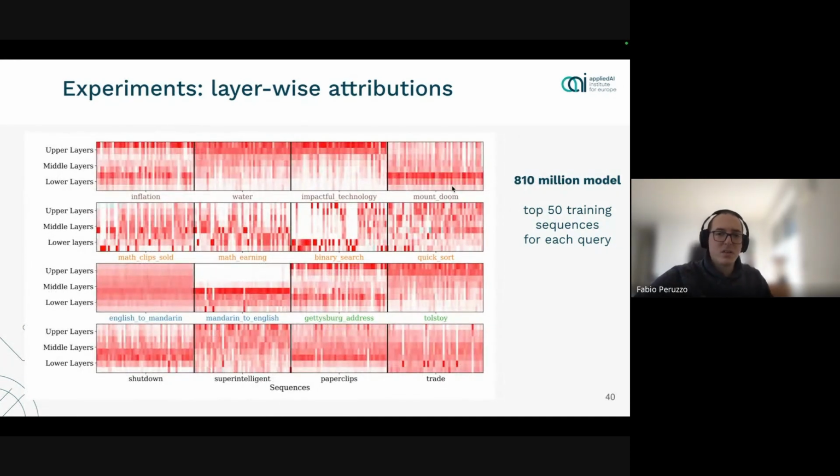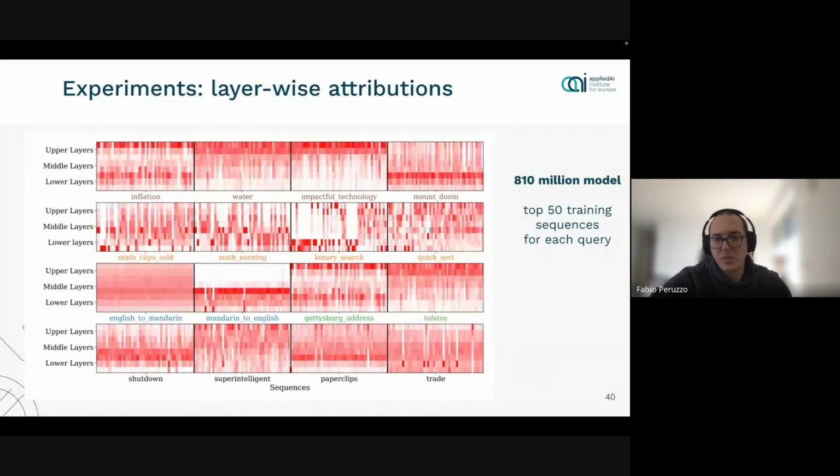Instead, these are the results for the much smaller model. And we can see that in this case, the influences are more or less always distributed almost uniformly. We can see that there are some higher weights in the upper layers for simple completion, but it's not always the case. And particularly interesting in this case is that English to Mandarin is translation of an English sentence to Mandarin. But if we do the other way around, the distribution of influences is completely different, right? I'm looking at the second row, the first 2 rectangles. This is something that they discuss, actually.